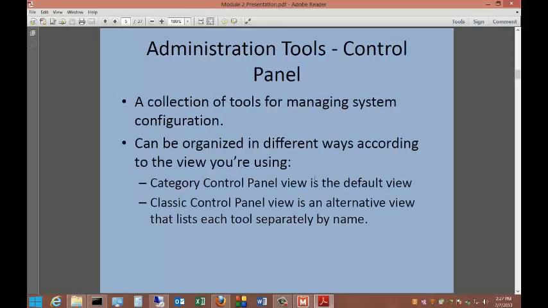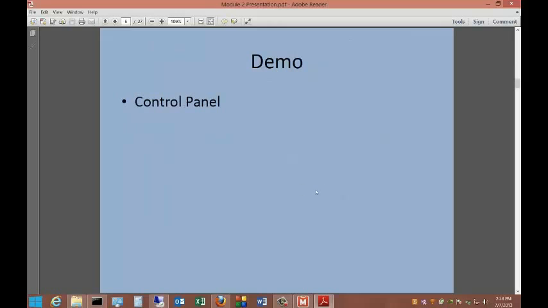In the Control Panel on Windows Server 2012, you'll see a collection of tools for managing the system configuration. And there are multiple ways to get to these different tools. One way, of course, is the Control Panel itself, and you can click on the default view. The other is the classic Control Panel, which is an alternative view that lists each of the tools separately by name. The default view categorizes these different tools and allows you to decide which way you want to view those tools. So let's take a look